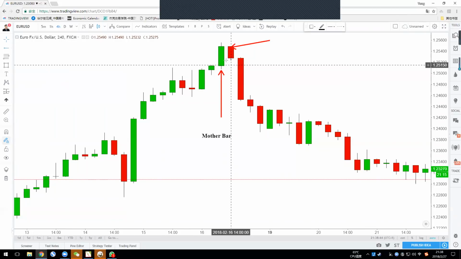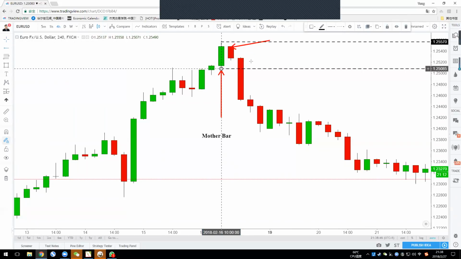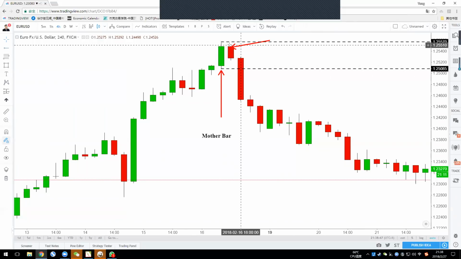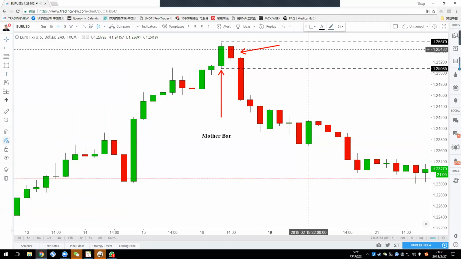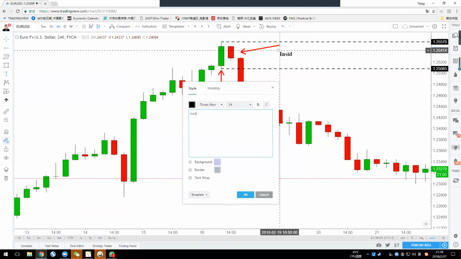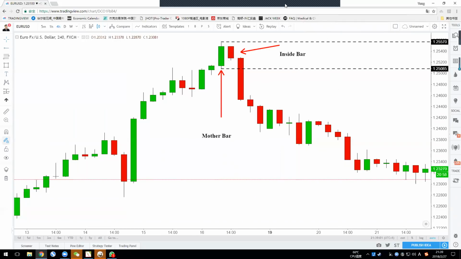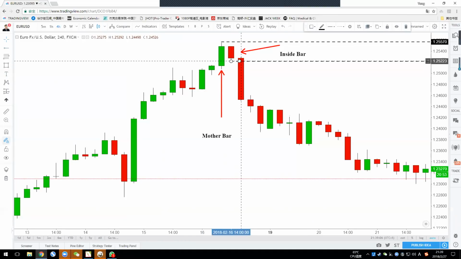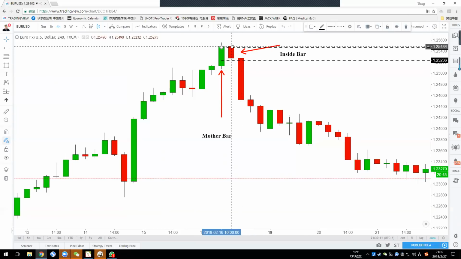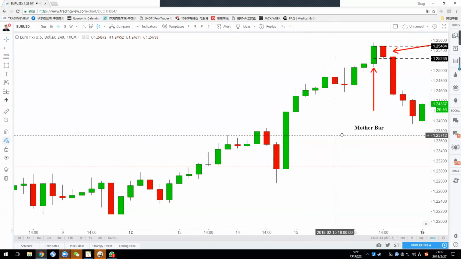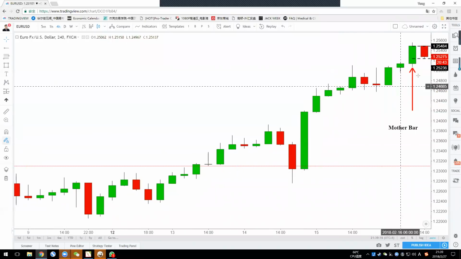Totally inside. You can just mark the high and mark the low, and you can see from your eyes, right? Yes, it is. Okay, so this second one is an inside bar. And the definition of how to trade the inside bar is, you need to watch the bottom and the top of this inside bar, and you just watch which direction you take.